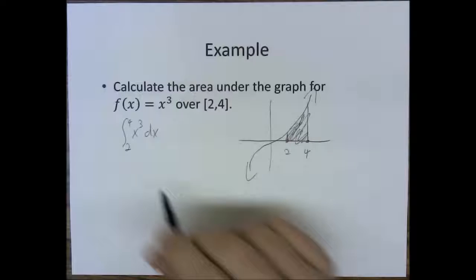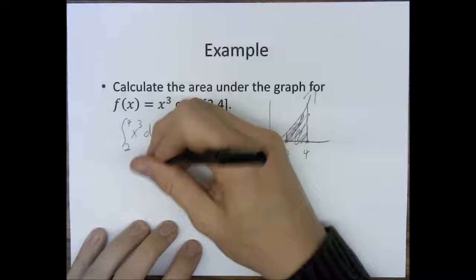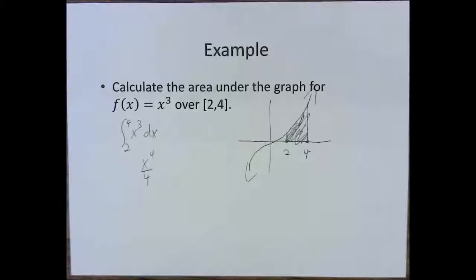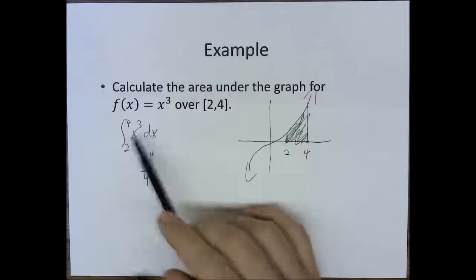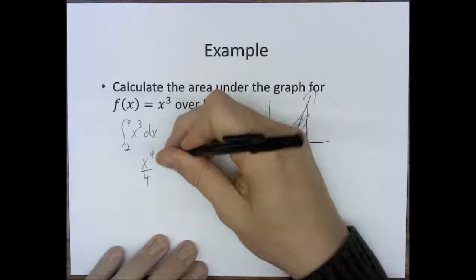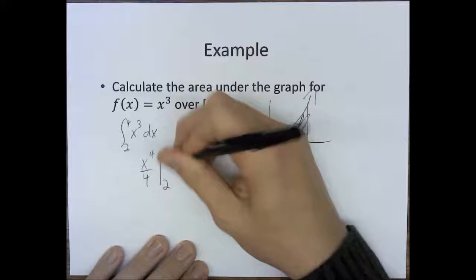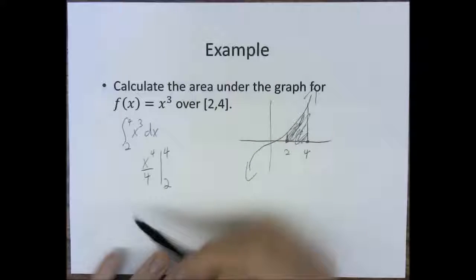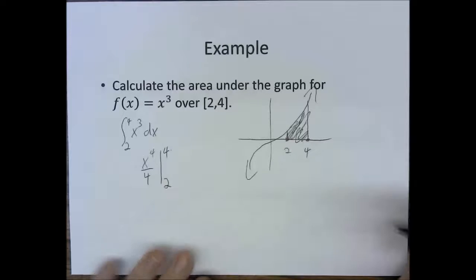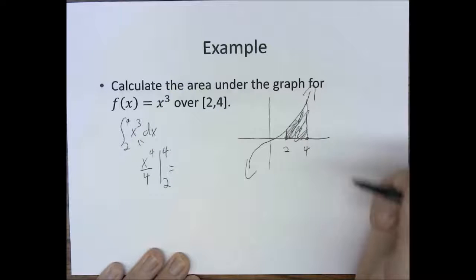So we take the antiderivative of x to the third. That's going to give us x to the fourth over 4. And then another way that we write this, we're going to draw a straight line and then put 2, 4. That means we're going to evaluate it at 4 and then subtract the evaluation at 2. Showing you what this means as an equation: